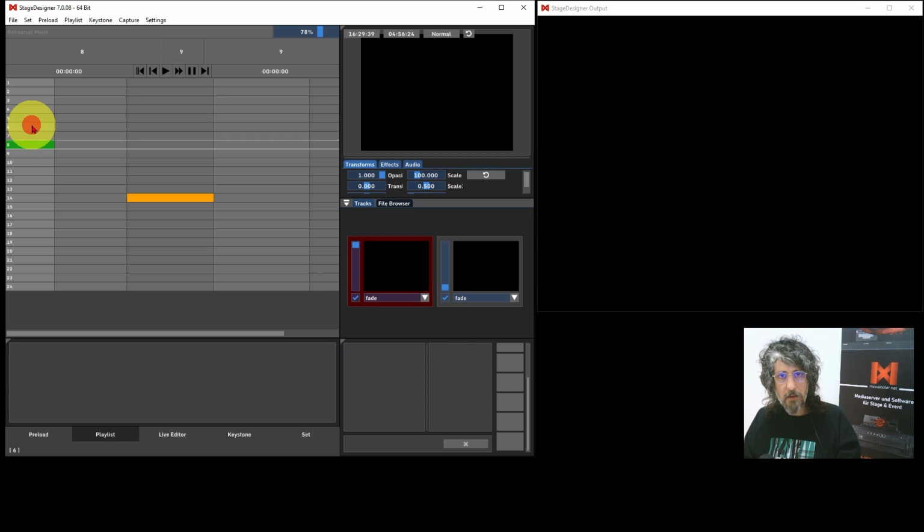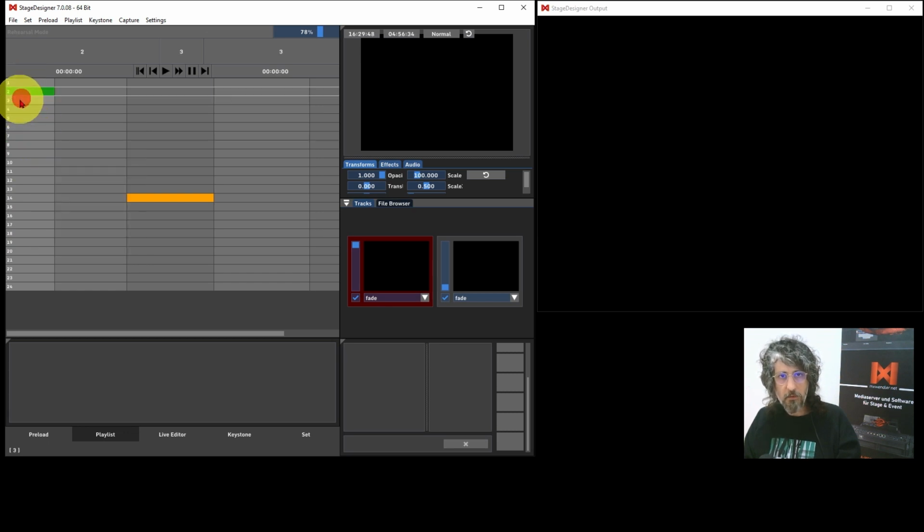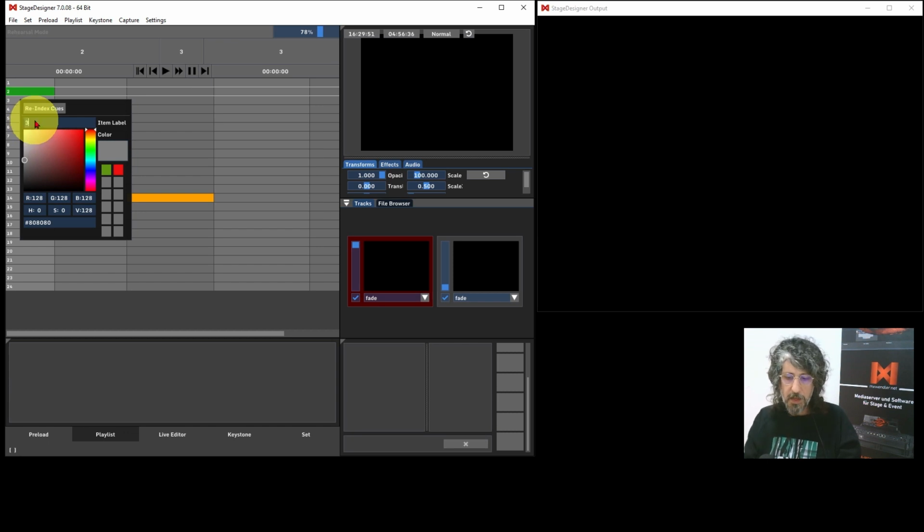Another option I would have is to use these labels and colors to color and label this index column that I have. Let's say I'm working for a theater and the project has two parts. I can come here, I can select here and name it part 1. I can change the color and I can drag this color and put it down here so I can save it for later. And here I would write part 1, and if I don't hit enter, it's not going to be saved. I have to hit enter,